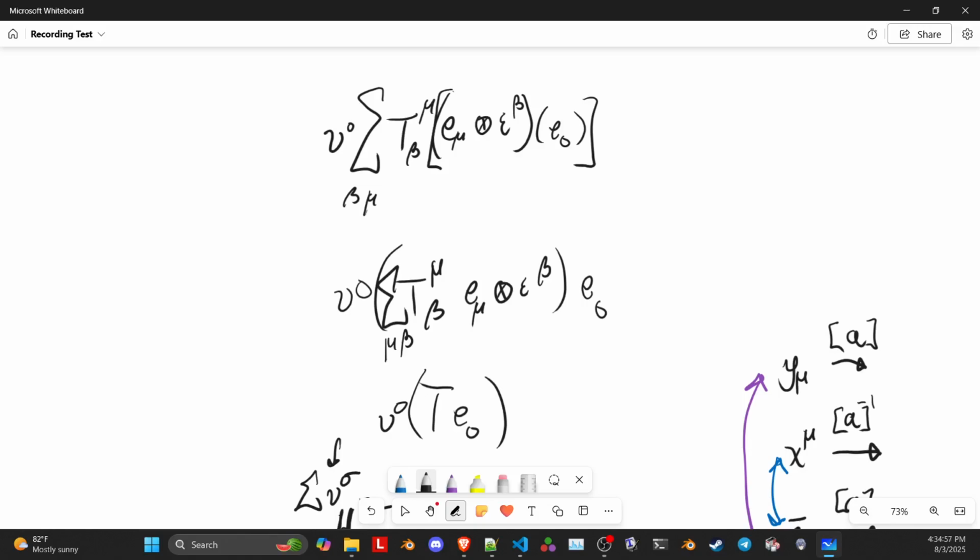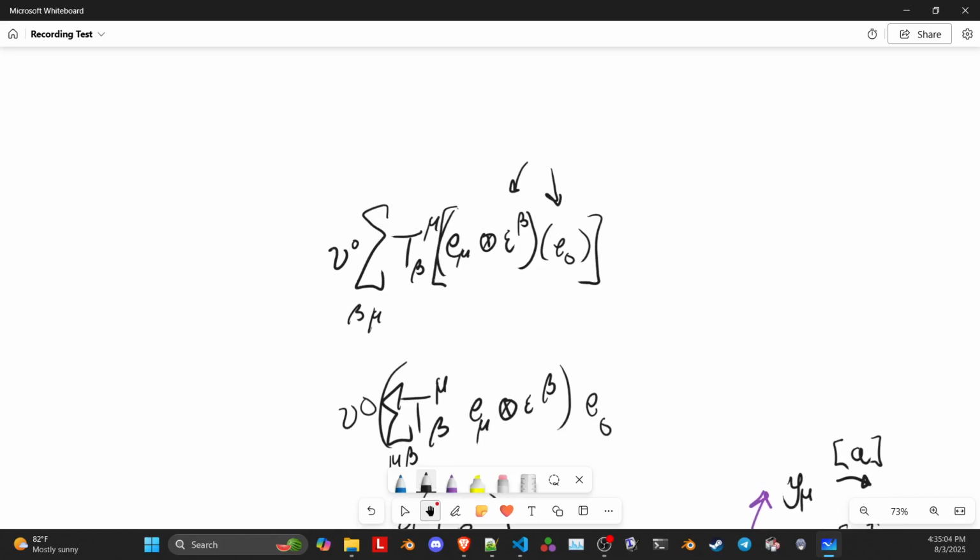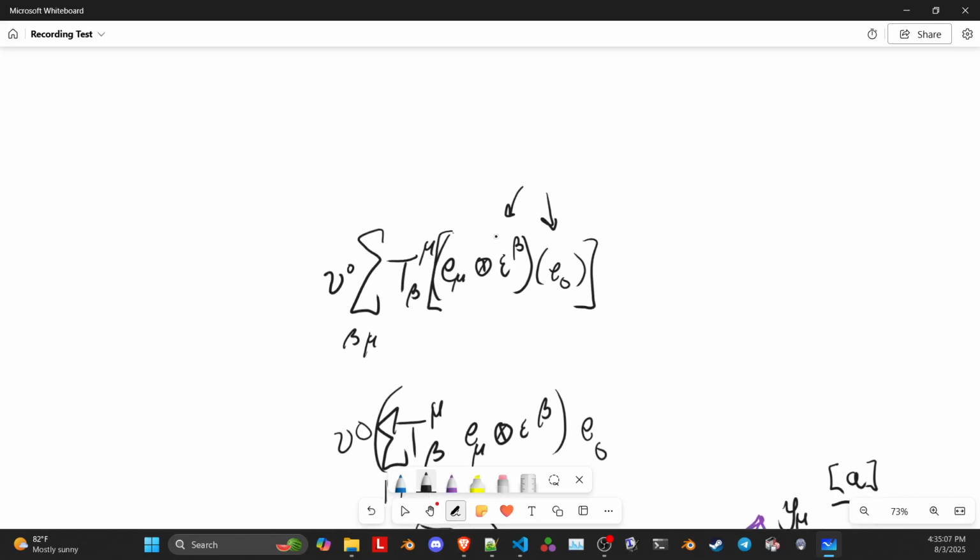Okay. Well, we know that these eat these and give a number, so we can just take that number and multiply it by the E mu, which is somewhat in line with this tensor product being multiplicative. So if we just define that thing to be the same as E beta acting on E0, scale that with the T components,